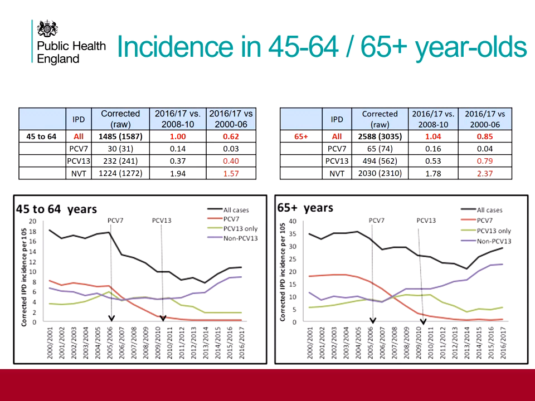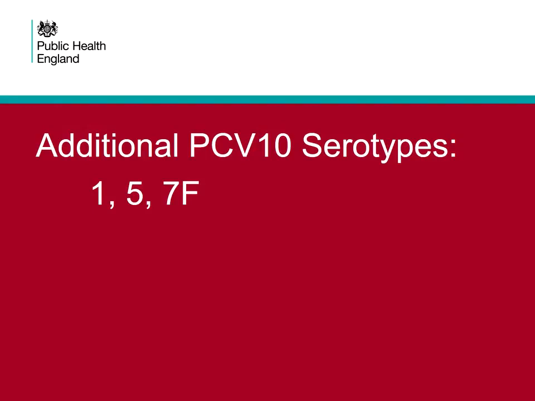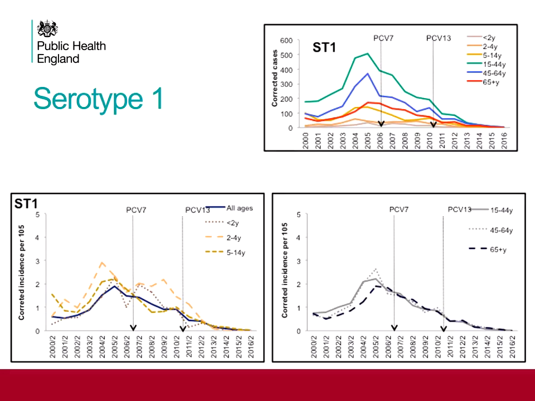So what's been happening? The first thing you need to know about serotypes is that Prevnar, the 7-valent, is not available anymore. Synflorix has those 7 serotypes, which are common to both, and it has 3 more serotypes: 1, 5, and 7F. And you don't have to remember them, because for serotype 1, I'm a clinician,